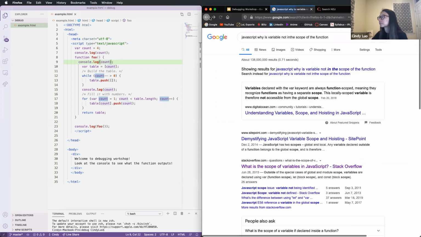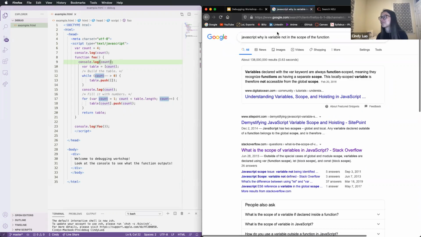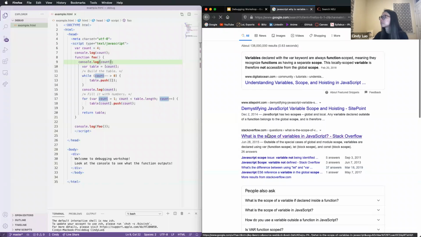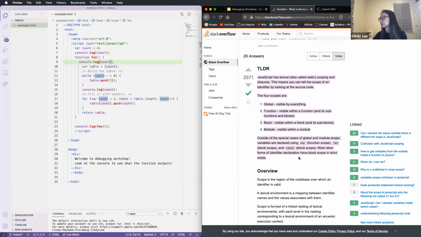With that kind of question in mind, we can search up "JavaScript, why is variable not in the scope of the function", and we find the first Stack Overflow page, which is just an example of how the Google search can tell us the answer why the variable count is not